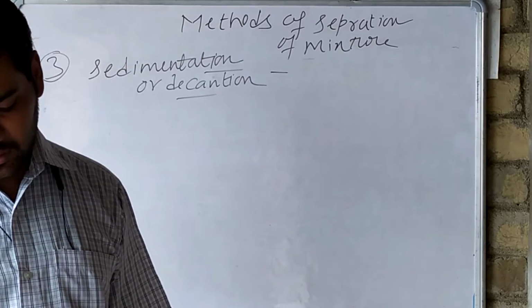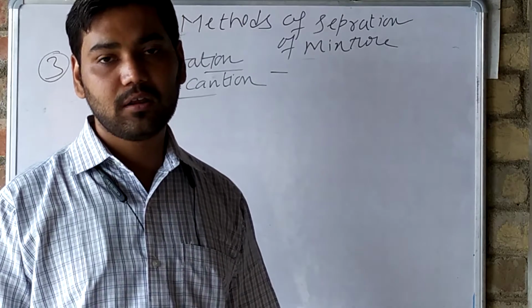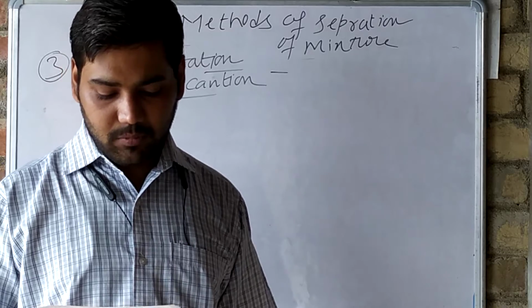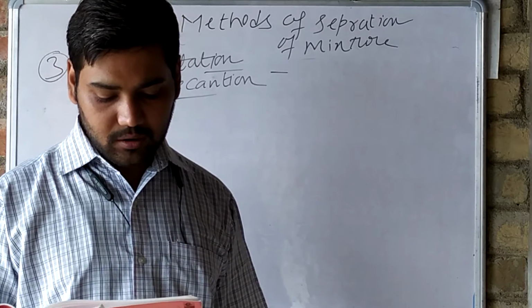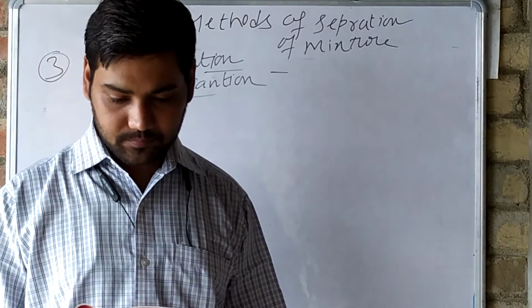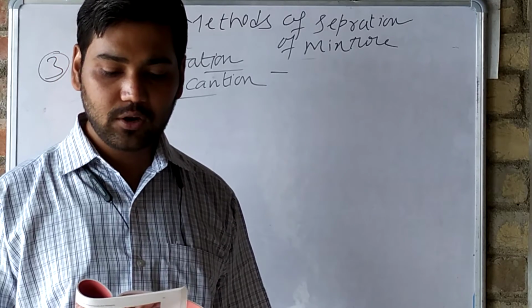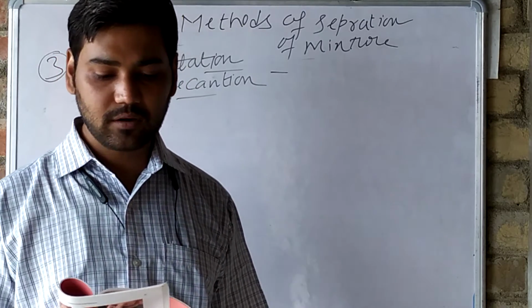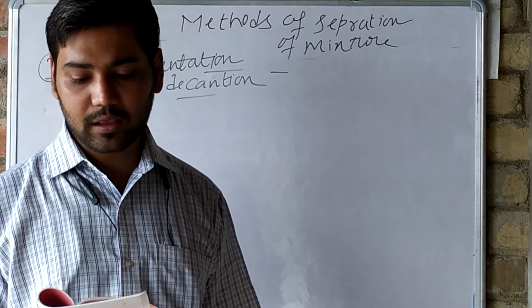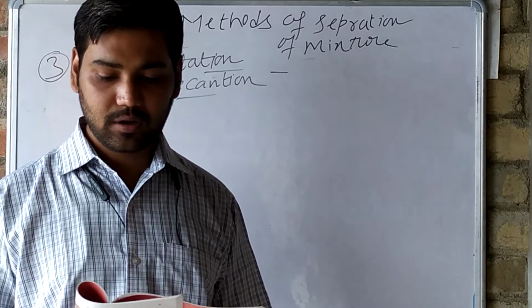This process is called sedimentation, and the solid layer at the bottom is called sediment. The liquid above the sediment is known as supernatant liquid. You can pour out the supernatant liquid carefully into another vessel, leaving behind the sediment. In the laboratory, you may pour out the liquid using a glass rod to avoid spilling. This process is called decantation.